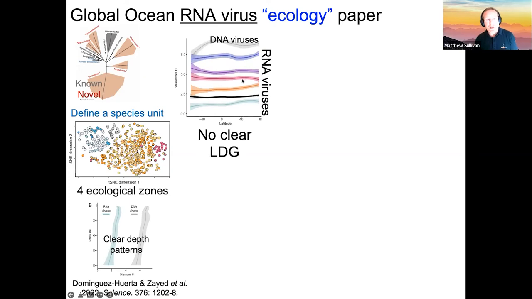A surprise was that RNA viruses show very little latitudinal diversity gradients. So DNA viruses, if we look from the left, which is the South Pole, to the equator, to the North Pole, DNA viruses showed the typical hump until we get to the North Pole, and then there's this biodiversity hotspot in the Arctic. And we saw very little evidence of a latitudinal diversity gradient for any of the RNA viruses. And I will flag these are RNA viruses from metatranscriptomes, which means only from the cellular fraction. So we're not looking at RNA viral particles.